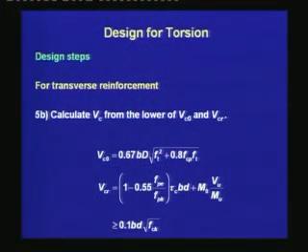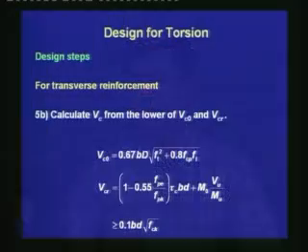Calculate Vc, the capacity of concrete for shear in absence of torsion, from the lower of Vc0 and Vcr. To recollect, Vc0 is the capacity of concrete for an uncracked section. Vc0 corresponds to the shear which generates a web shear crack, and Vcr is the capacity of concrete for a cracked section. It is equal to the shear that causes a flexure shear crack,